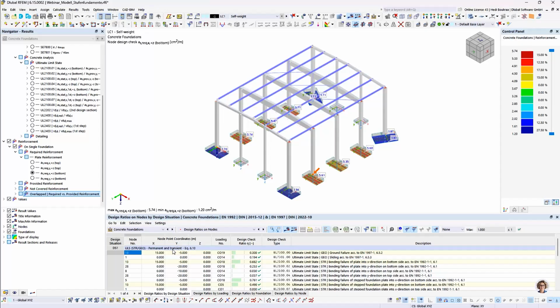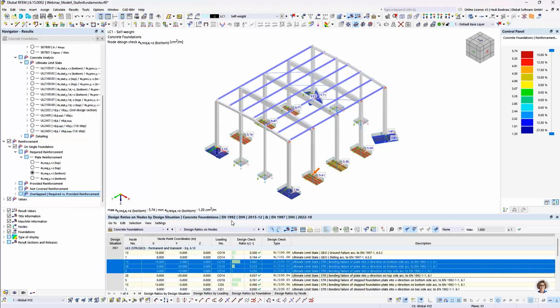At the very top are the design checks from the first design situation, the ultimate limit state. Here all geotechnical and reinforced concrete design checks are listed one after another. Here we have the ground failure, then the sliding according to Eurocode 7, and then the bending failure